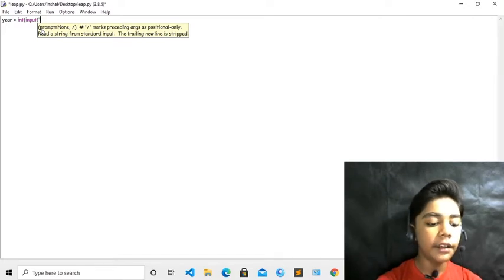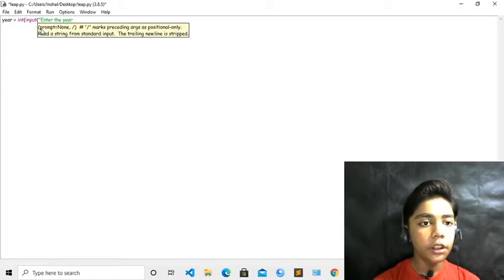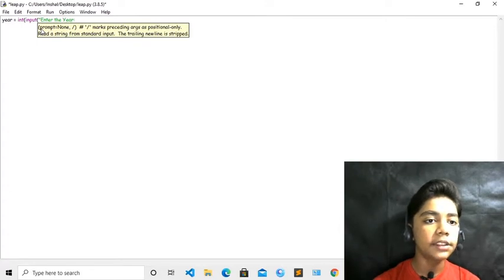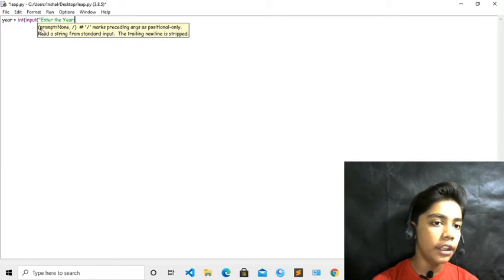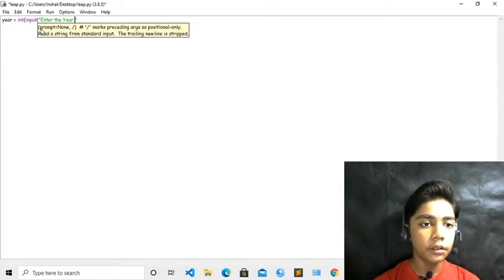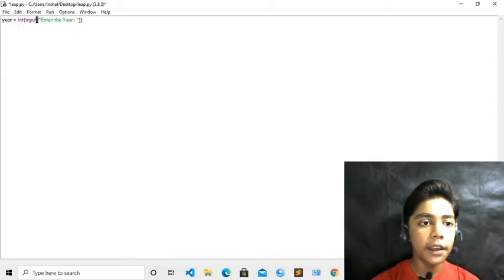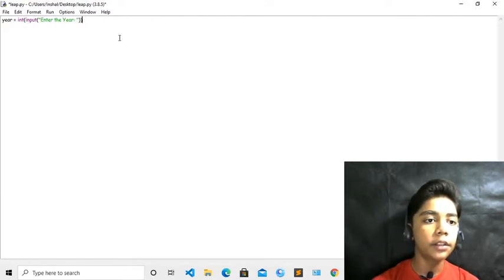In the string we will write enter the year, because the user will first enter his year, and when he enters it, he will get the answer whether the year he entered is a leap year or not. Now close this string, then a space, and close with two brackets, because we started with two brackets and here we have closed with our two brackets.